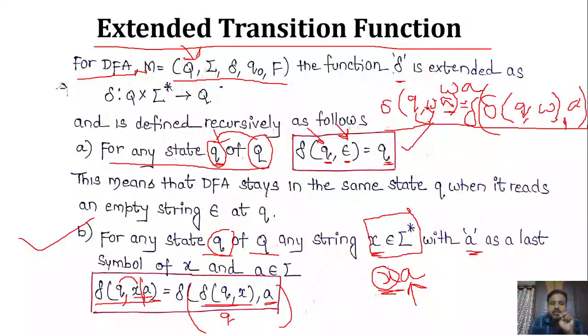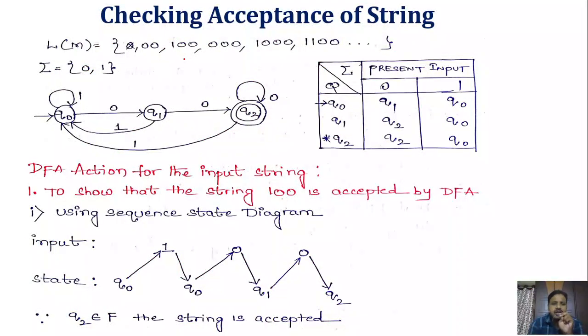Okay, I hope the point is clear. So you just need to practice it on paper, right? Next one. So how do we check the acceptance of a string? How can we check whether the string is accepted by a DFA or not? In order to check the acceptance of a string, we have to apply certain strategies here. The first technique is that you can use the state diagram, or the next one is that you can use the extended transition function, and you can use the delta-hat function. Okay, so we will see each one in detail.